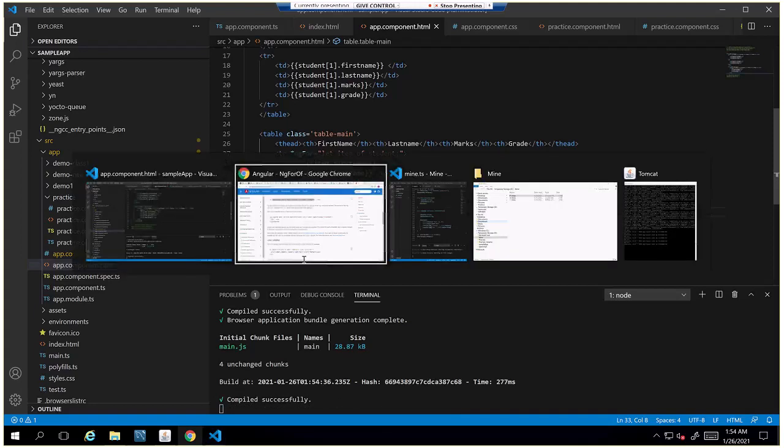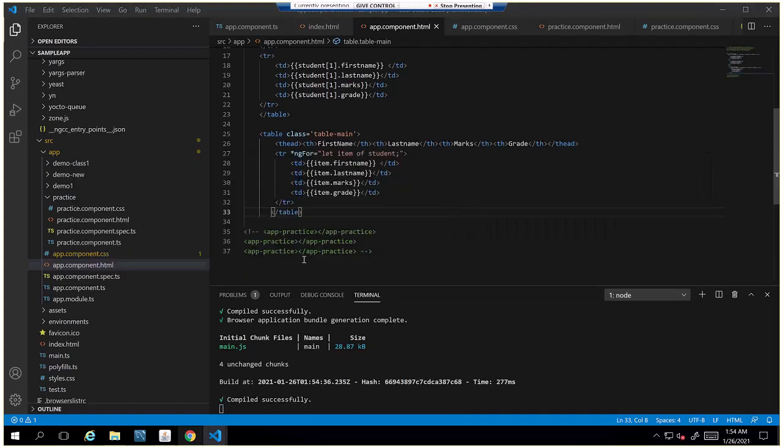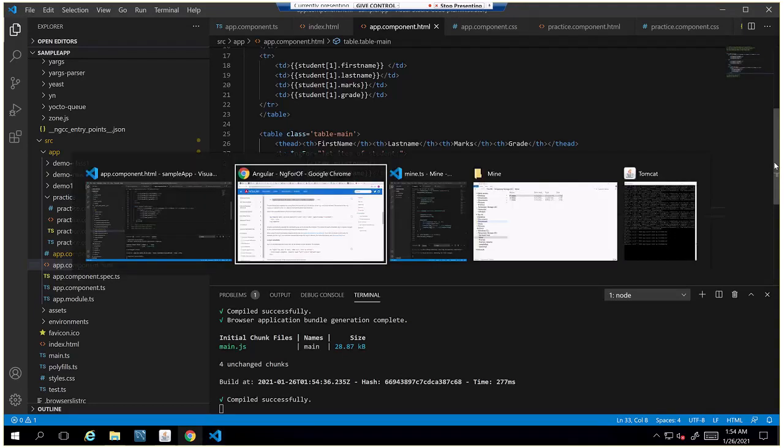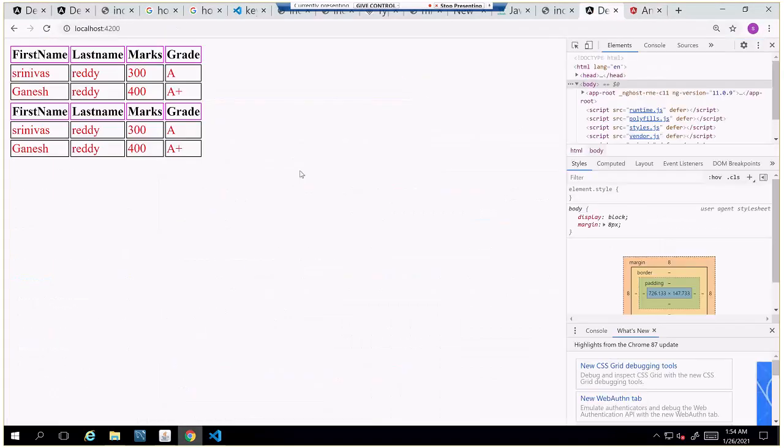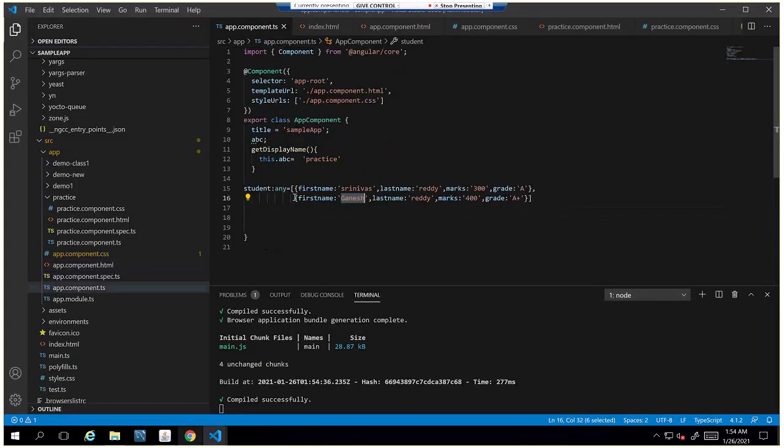And the efficiency is, for the top one, you will have to keep adding the students in the code. But here, if you just add them to the array, it automatically prints n number of rows, 100 rows, whatever. So if you go and print both tables with the same data, and then change the array to add one more student, the first table will not print it, but the second table will automatically print that also, because it is looping through each object in the array. So let's keep going.